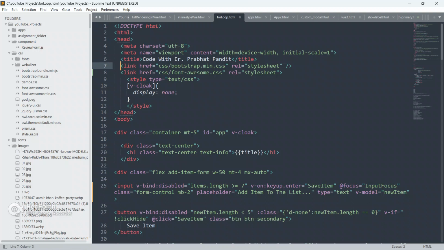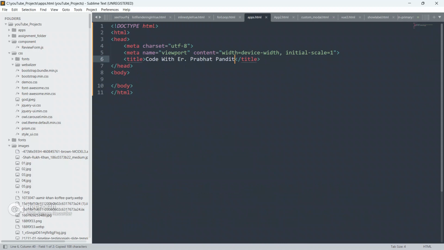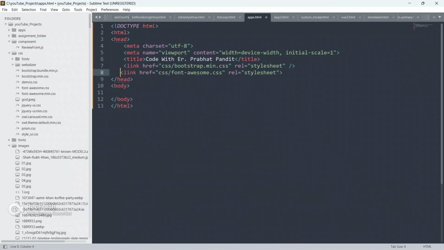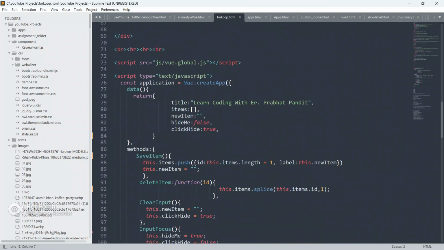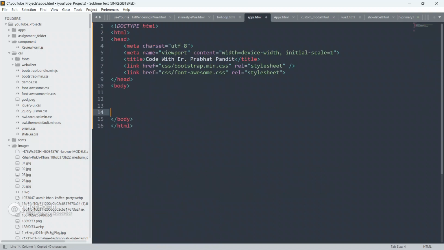Okay, so let me just paste the Bootstrap file link and Font Awesome file link from the example. Just paste it here in the head section. As you can see, this is the file link for Bootstrap and this is the file link for Font Awesome. Let me also copy the file link for Vue.js from the example.